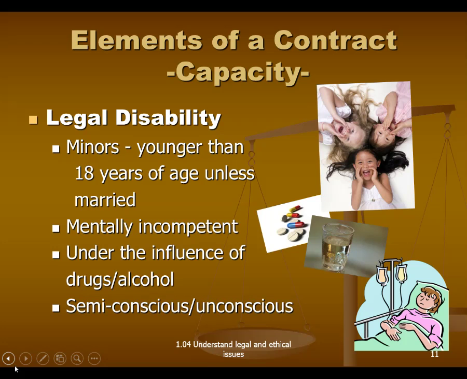Also, being a minor, being under the age of 18, unless you're married. If you're married and you're under the age of 18, you can go into binding contracts. But otherwise, you can't. So those are the same things we talked about: being mentally incompetent, being under the influence of drugs or alcohol, and also